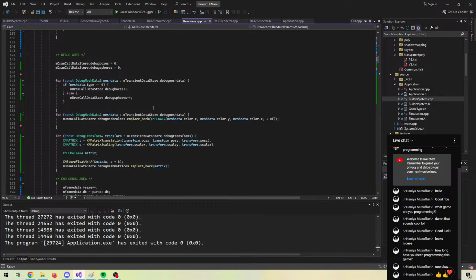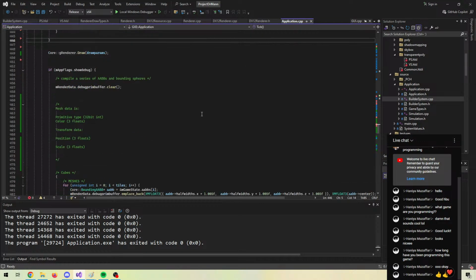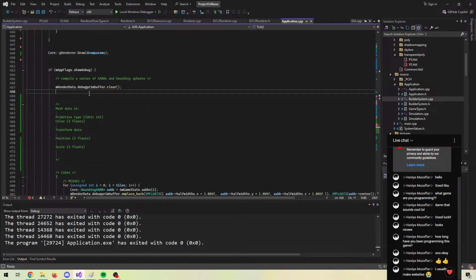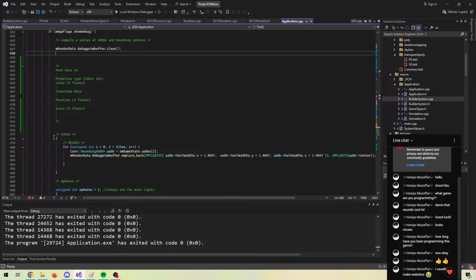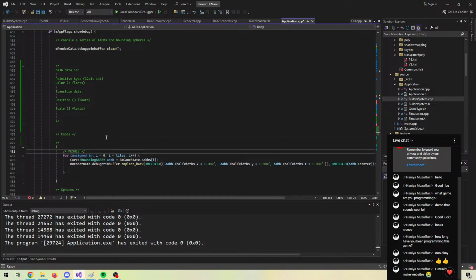So yeah, we added the debug interface. Let's see. Let's try using it. Not that we are gonna see anything rendered to screen because